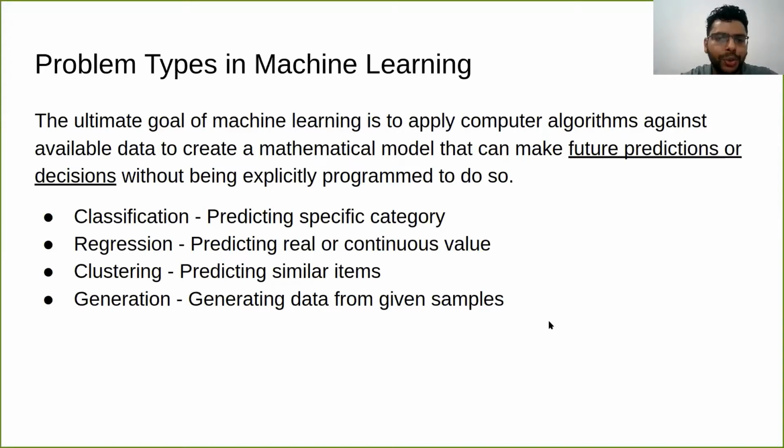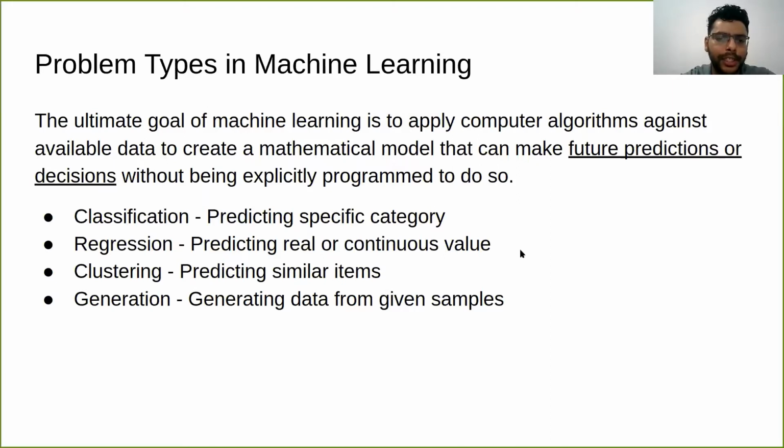And if you try to look at machine learning in terms of problems, the other way that we can look at it is that the main goal of machine learning is to create some kind of model that will try to mimic human behavior. What that means is to have some kind of system which will make predictions or decisions without being explicitly programmed to do so. That's the whole agenda of this AI or machine learning paradigm. So now let's look at the problems that we can tackle using machine learning.